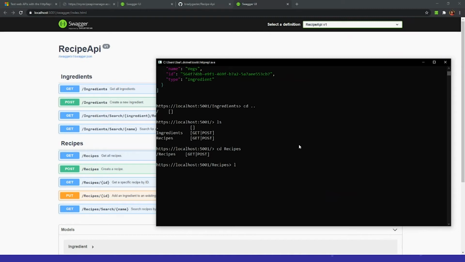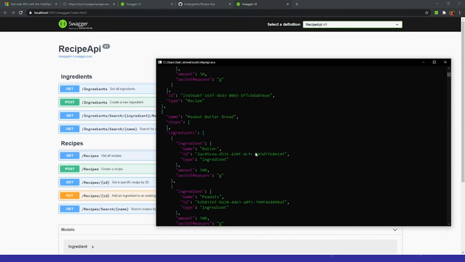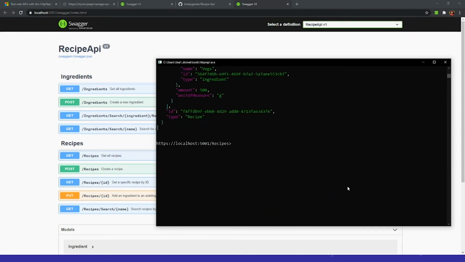So you can see the endpoints and the operations we have in recipe. So if you say get here, you will be able to get all the recipes, same as this one. So now I'm trying to post a recipe, to create a new recipe. So if I say post,